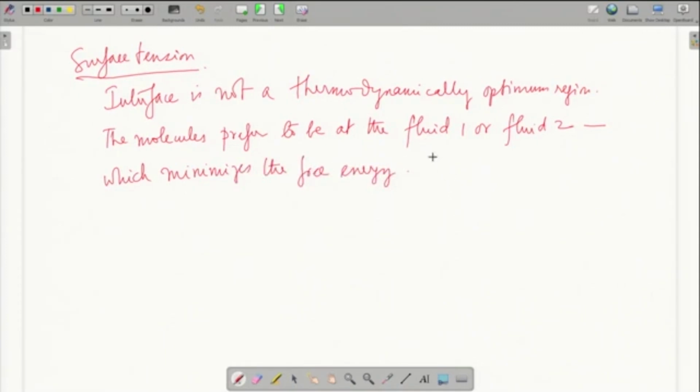Now, this would lead to an excess energy because of the non-optimum condition, which is given by